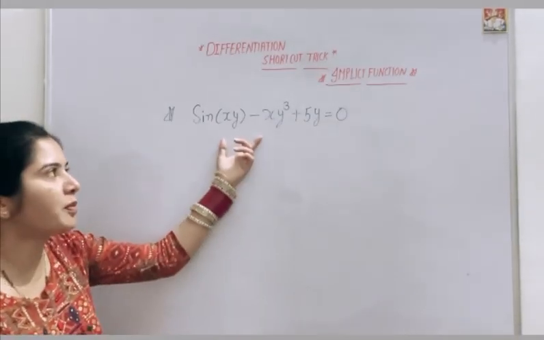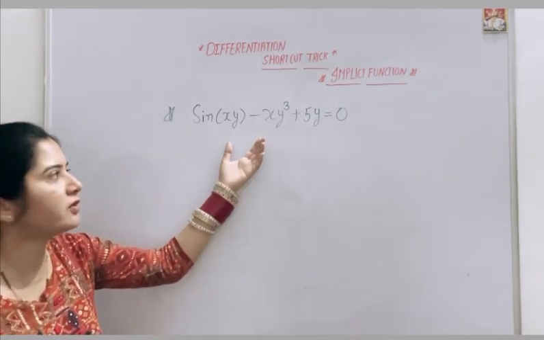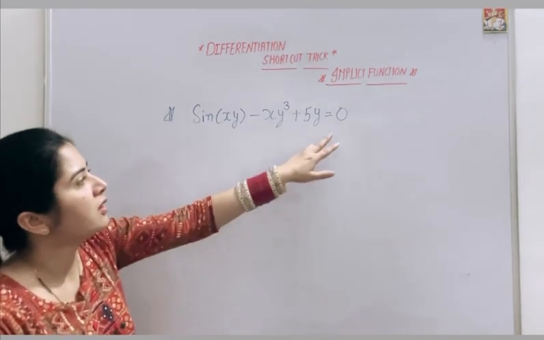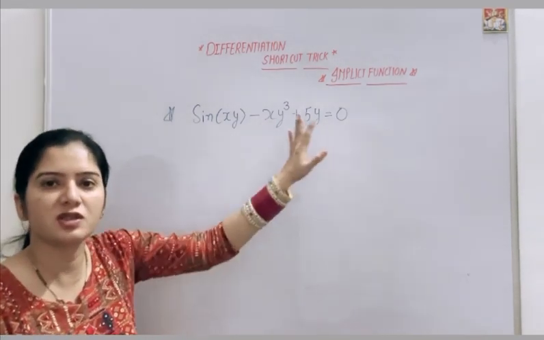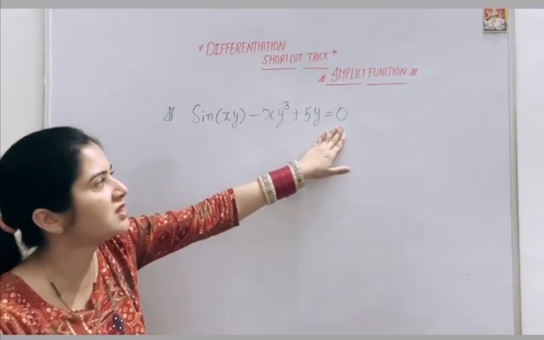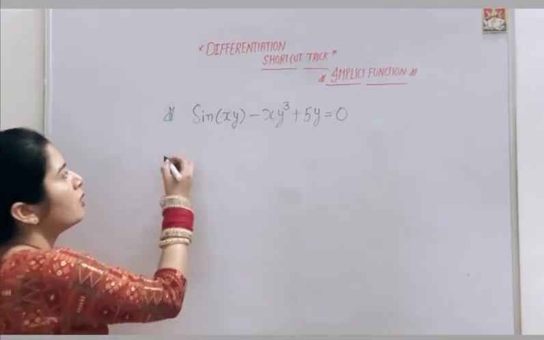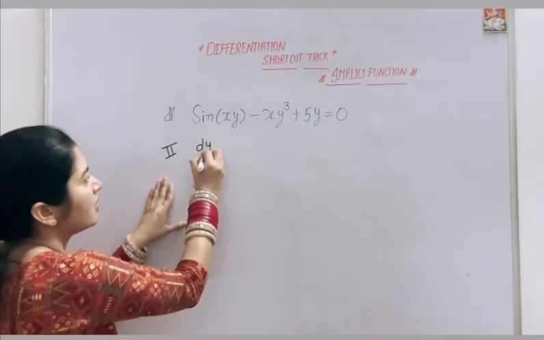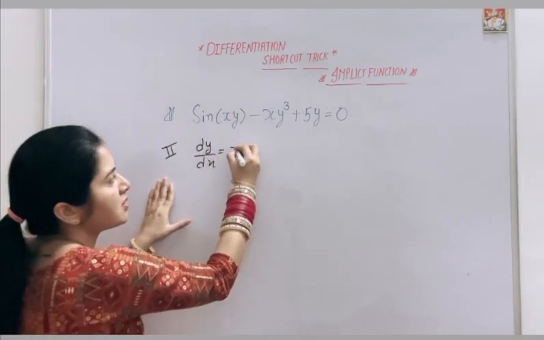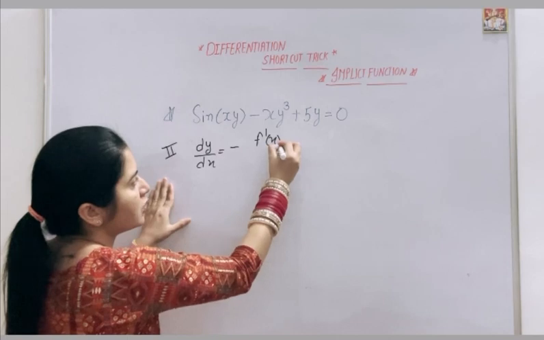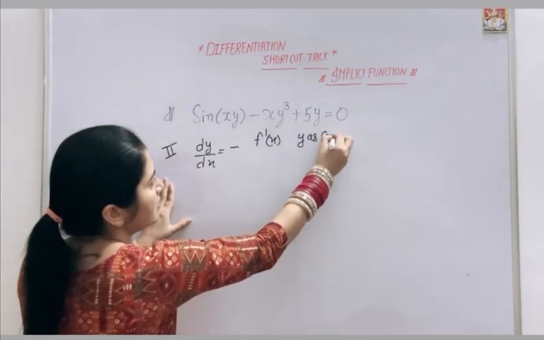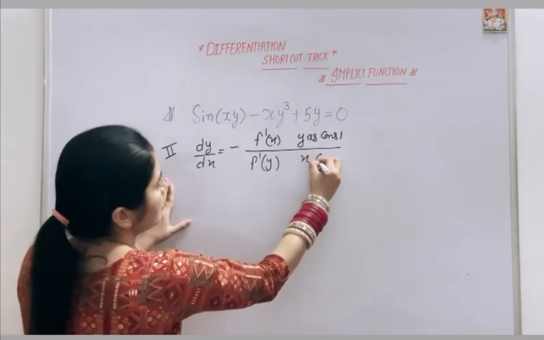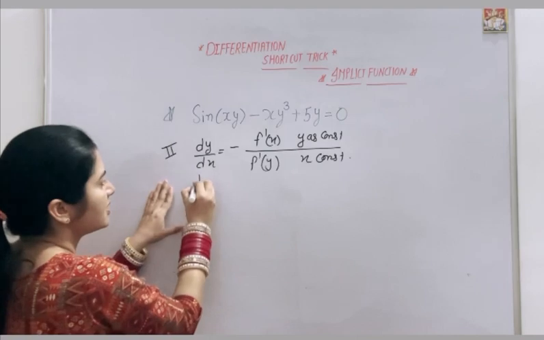Here is another example of an implicit function. We will find the derivative of this function by those two steps. Step number 1, shift all the terms to the left side and 0 should be on the right side. You can see 0 is already on the right side. Now just come directly to step number 2, which is that formula: derivative is minus the derivative of the function with respect to x, taking y as constant, upon the derivative with respect to y, taking x as constant. Apply this, dy by dx